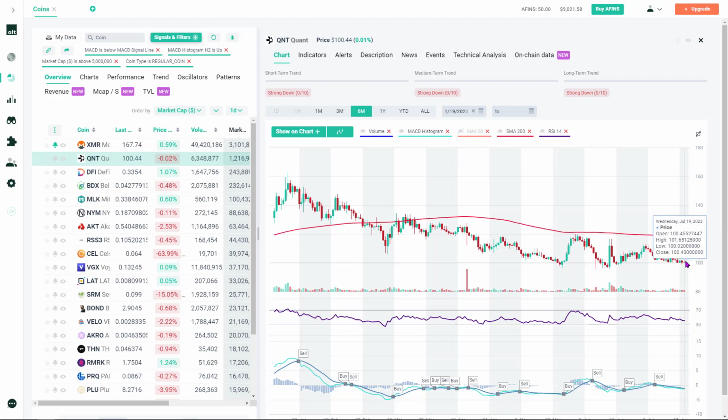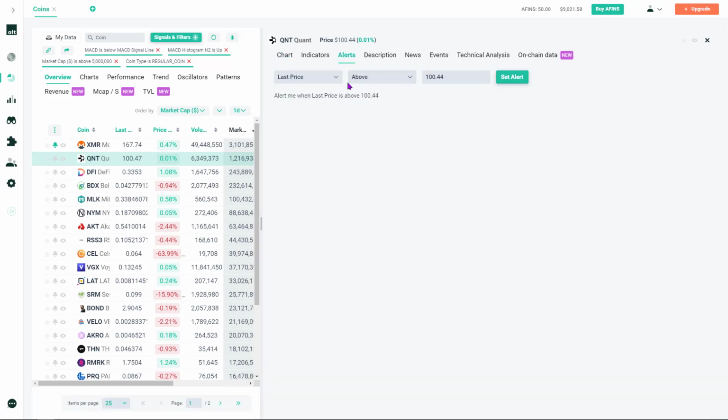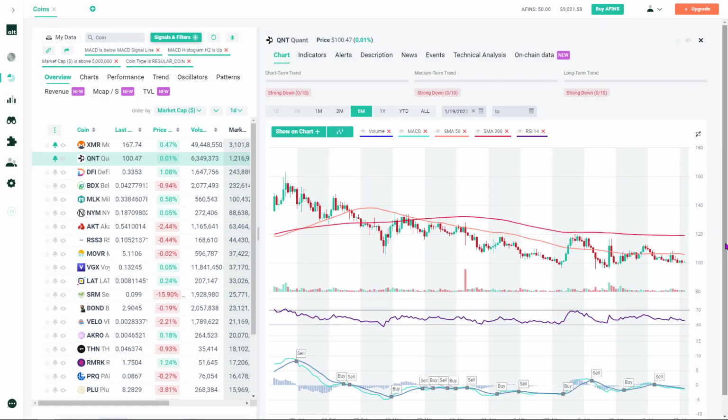But in either case, here I'd say, I want to see when the price breaks back above 105, which was kind of the last minor upswing. If it breaks above that, then we may be looking at a bullish breakout of the descending triangle. So again, back to the alerts. It says, okay, alert me when the price breaks above 105. And vice versa, I want to be alerted when the price breaks below $100, but really let's give it some cushion